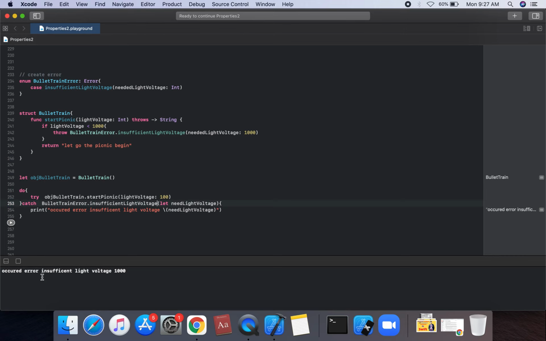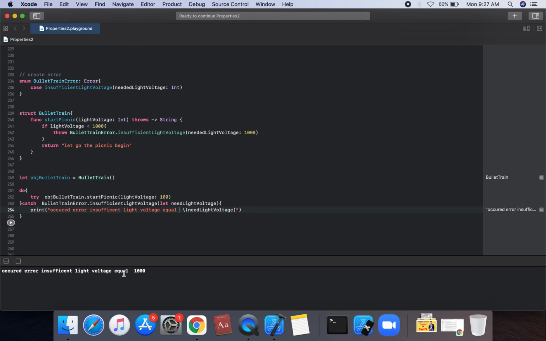So okay, error occurred, error insufficient light voltage is 100, need voltage is equal to, comparison equal. We can run this statement.